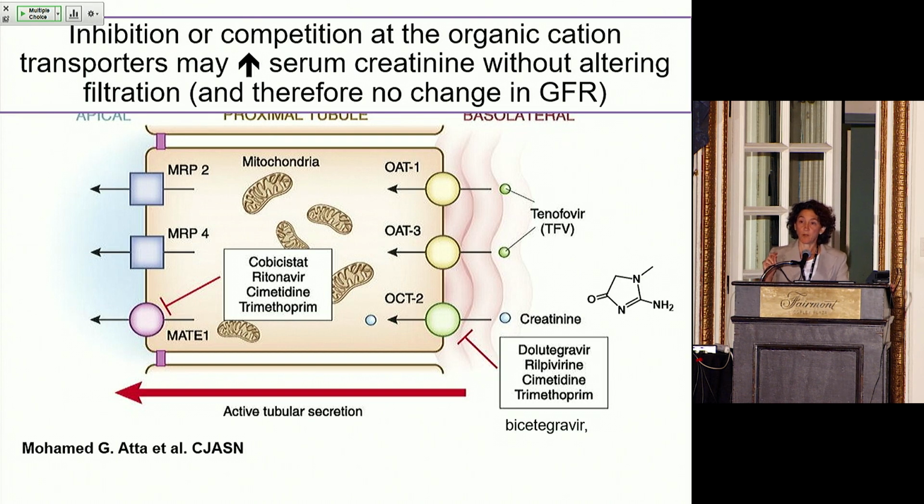And it's important to know if you care for patients with HIV, that increase by 0.1 or 0.2, it's not cumulative. You don't get 0.1 for cobicistat and 0.2 for dolutegravir and 0.2 for something else. You only get it one time because creatinine secretion is either blocked or not, and there's no